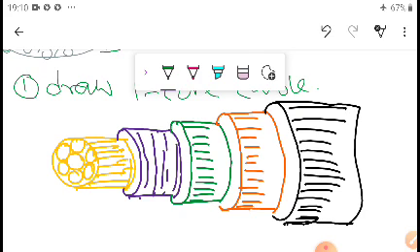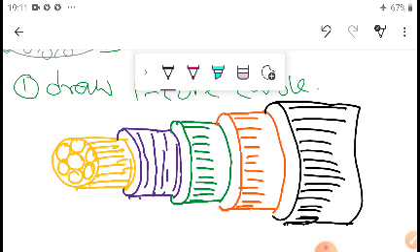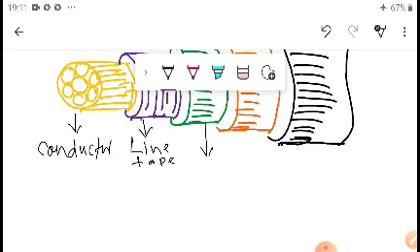So now, what are the layers? See this one. So you can write it. This one, this is a conductor. This is the line tape, simple tape, insulating tape, line tape, and this is the rubber insulation,